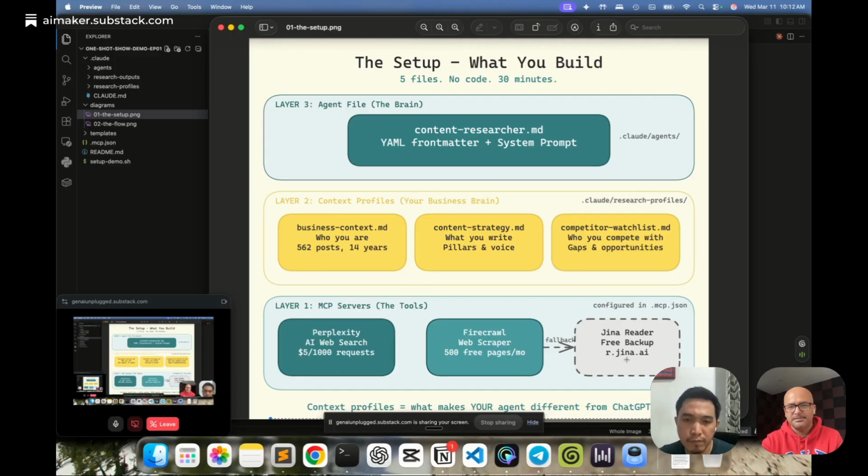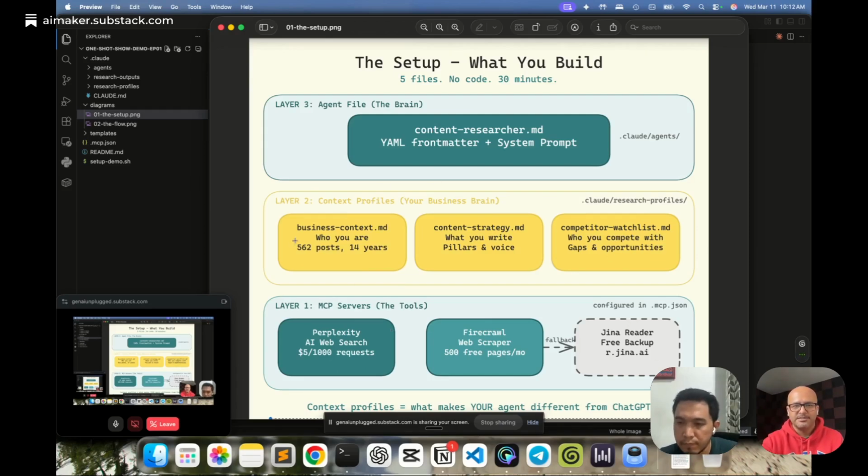And then you can see this Jina AI. It's kind of a free backup for Firecrawl, because Firecrawl gives you 500 free pages one time. I'm sorry, it's not per month. It's one time for an account, and then you have to pay per month. But I use Jina AI to fetch, and it does the same thing. You can also now use Gemini CLI, as they have launched, which also has a skill to fetch web pages. So this is the layer where we provide our agent the integration to the outside world.